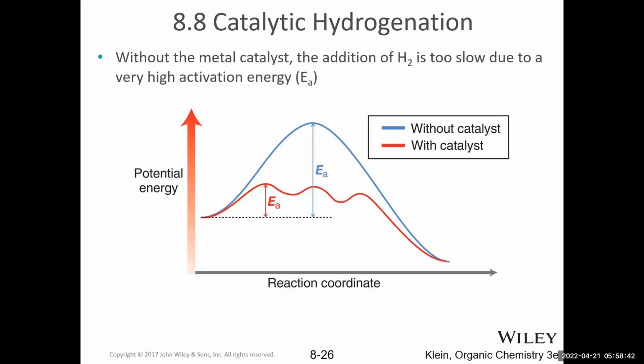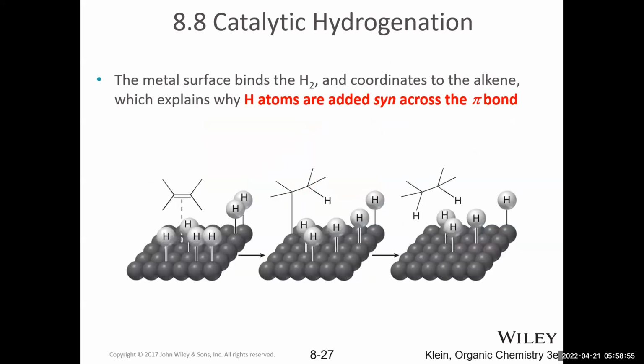So the metal catalyst, what does it do? Well, essentially it provides an alternate pathway with a lower activation energy that can allow the reaction to occur more feasibly. So the alternate pathway is essentially the metal acting sort of as a matchmaker. Not only does it coordinate to pi bonds, but the metal surface itself, which by the way is still drawn as a solid because the metal does not dissolve in the solvent.